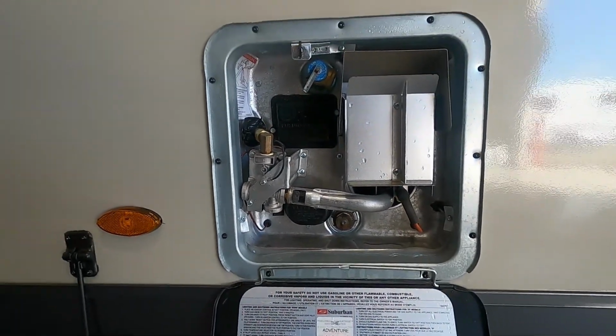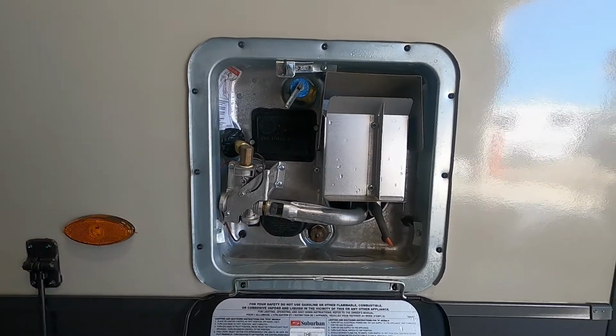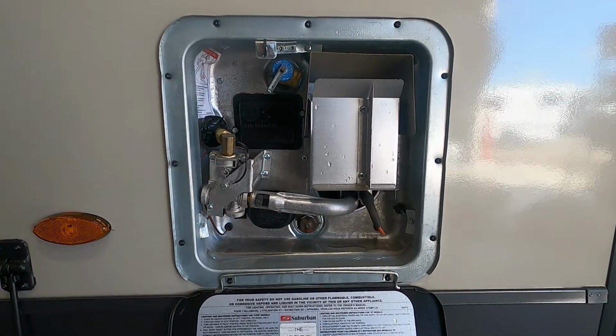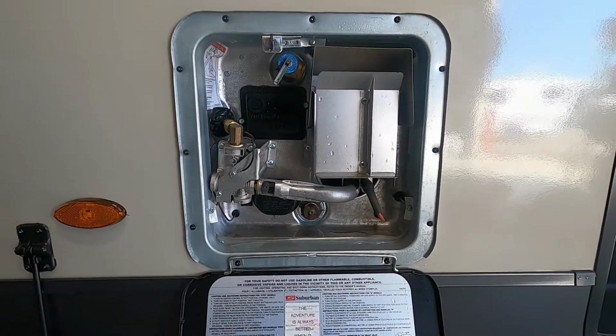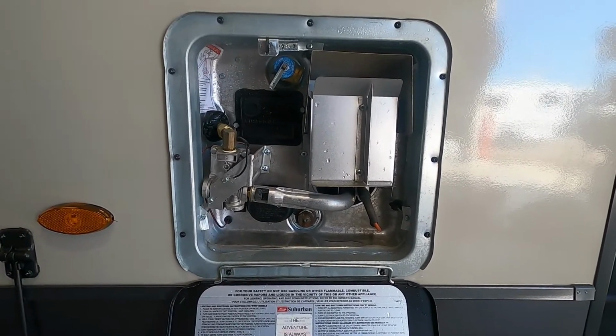Now, if that hose has been on for a little while, go inside. We can deploy our slides at this time because our unit's level and stable. Once those slides are open, get to your water taps and open up those. Get the air out of the lines. Once you've got a nice steady flow of water out of those, you can go ahead and turn on your